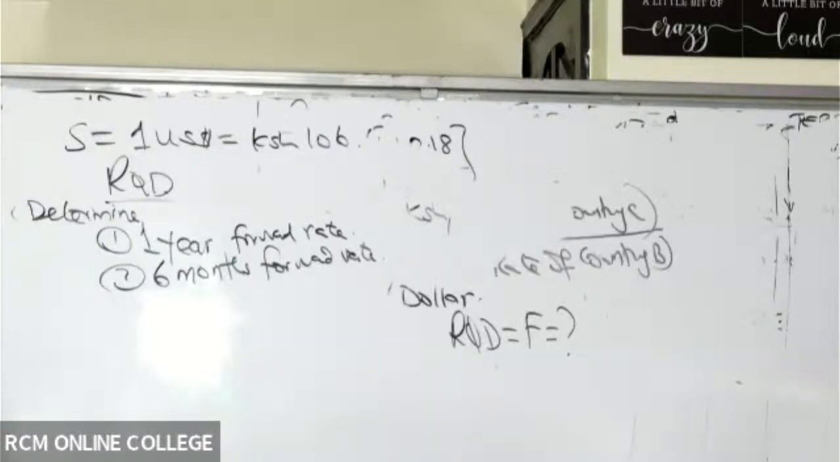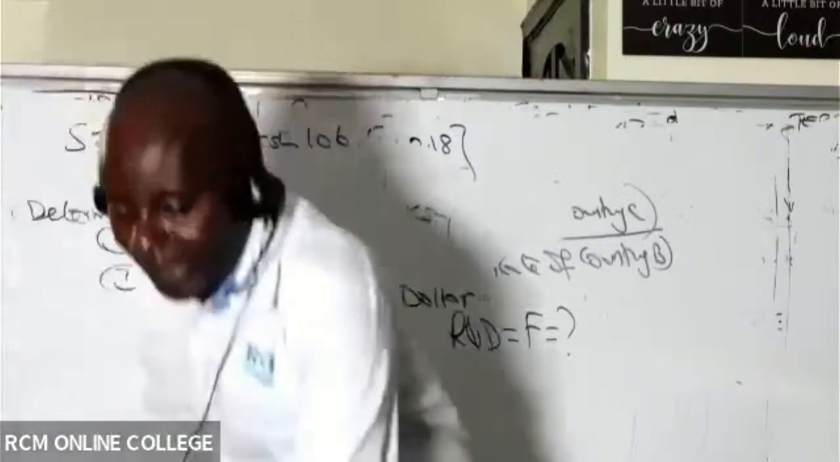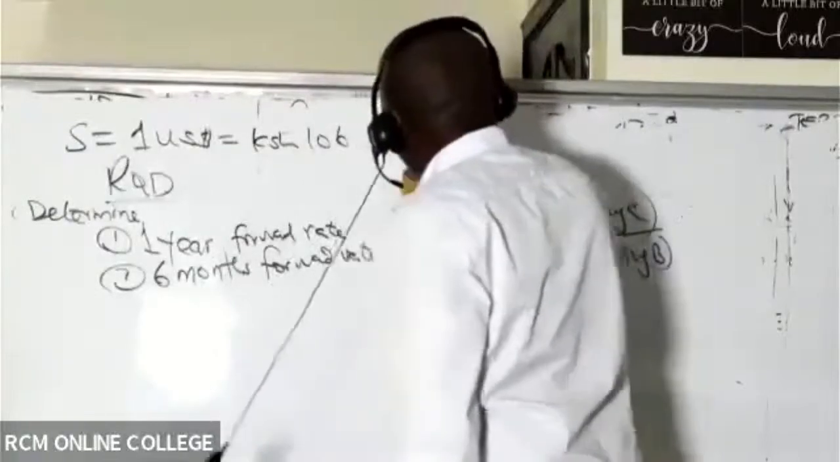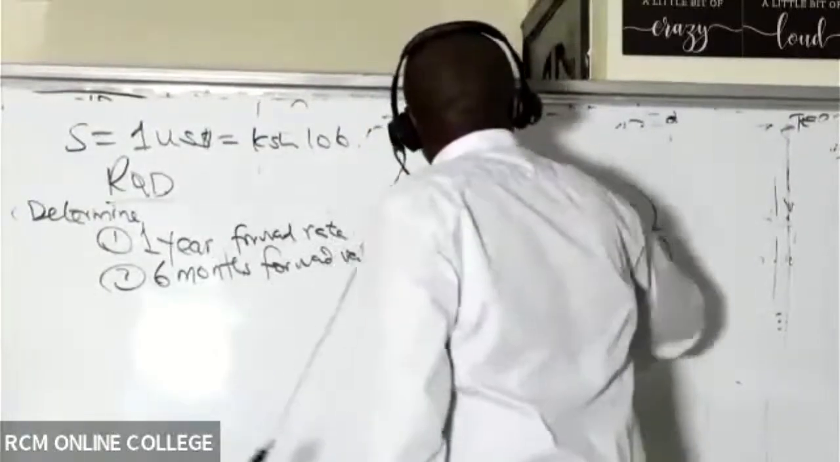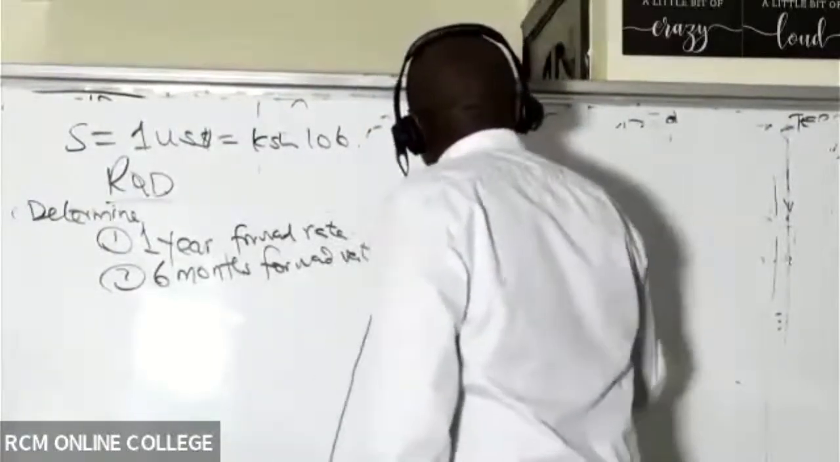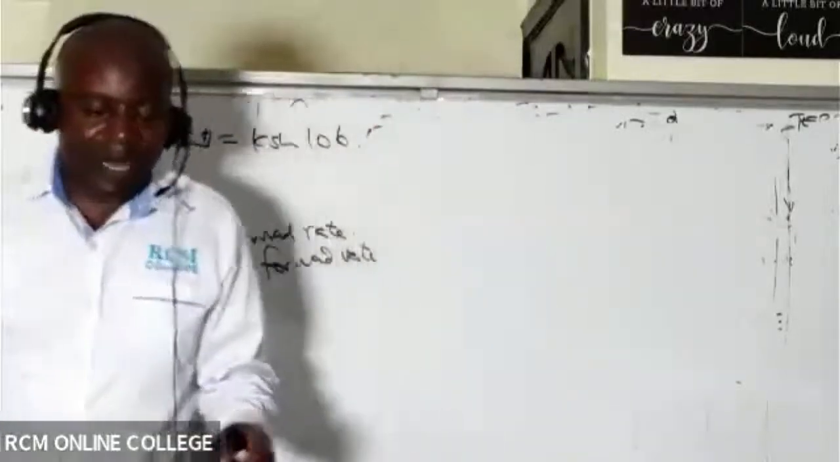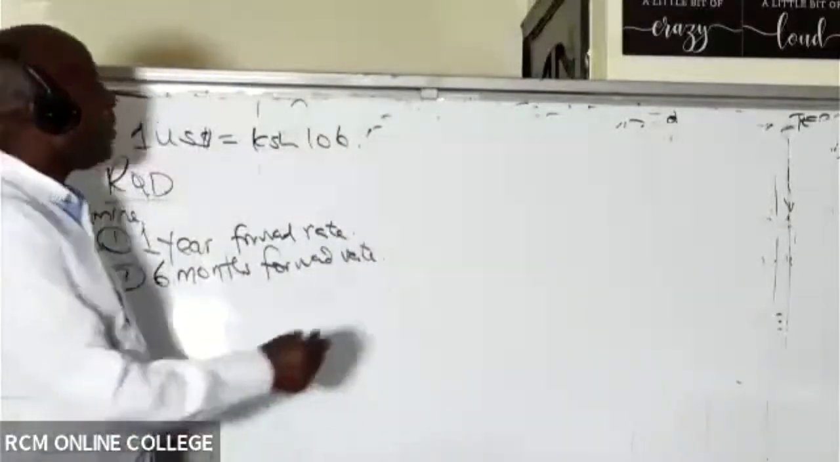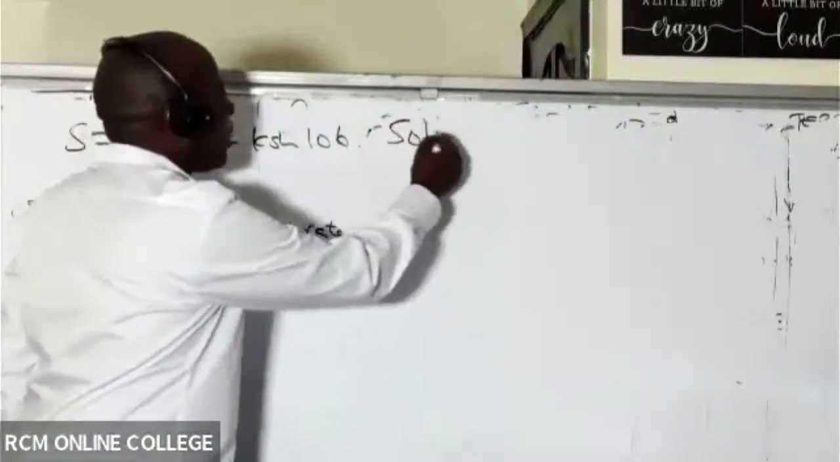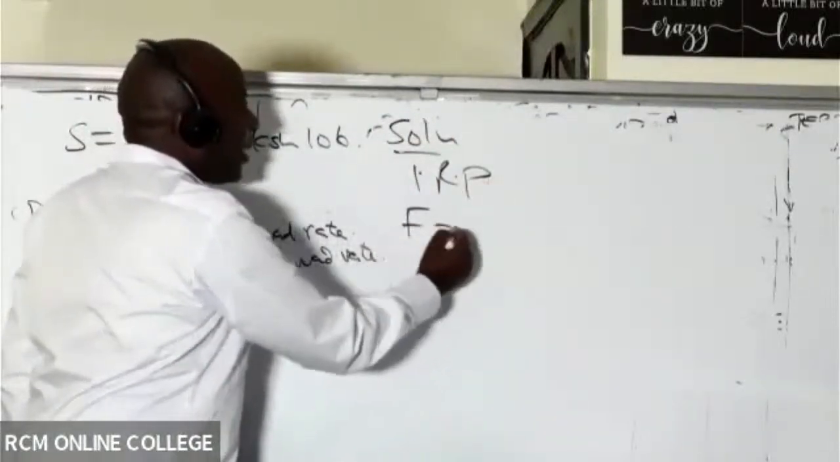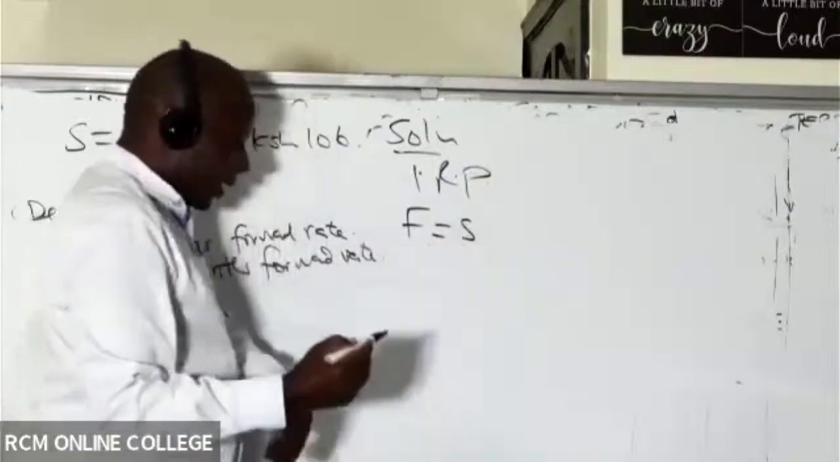Now, please allow me to do this question pretty fast now that we have the question. Because they're giving us interest rates between the two countries, ladies and gentlemen, what we shall do here is calculate the forward rate using interest rate parity theory. Solution, interest rate parity, IRP. To get F, we normally take S